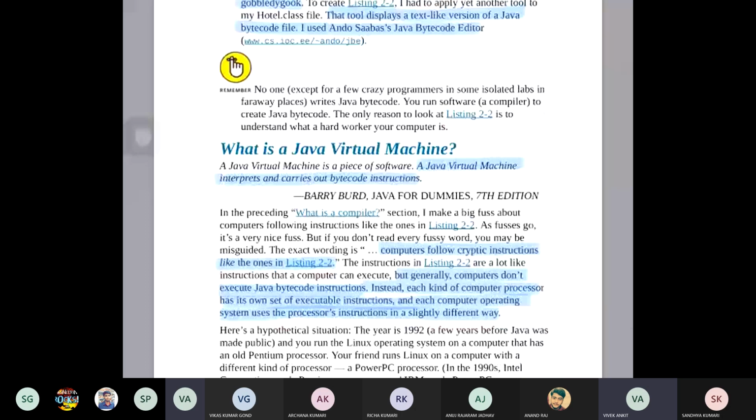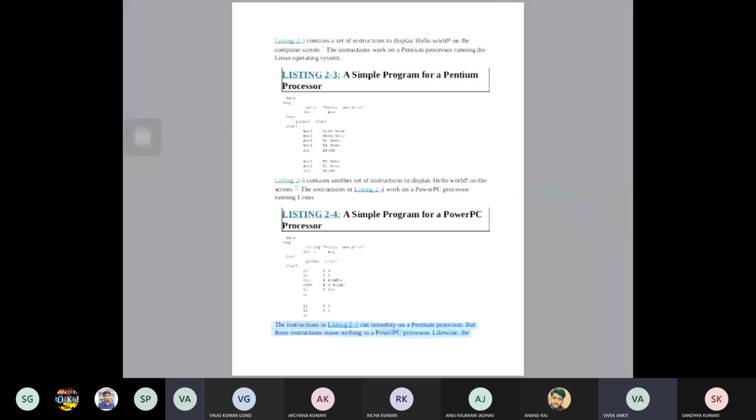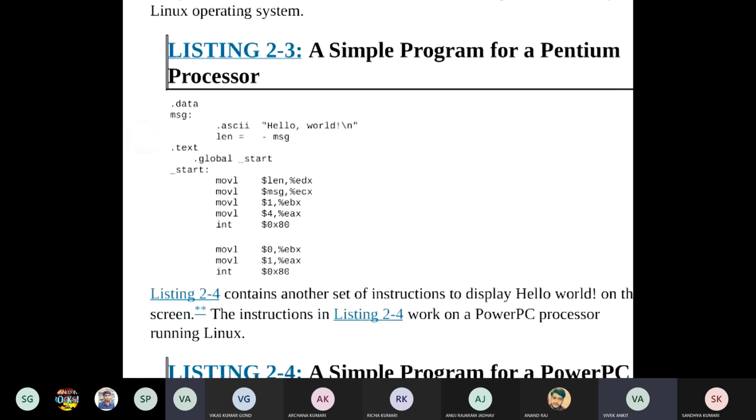Okay, so as I told, every system has a different processor and different types of processes. How it will assess the instruction and how it will process it will depend on the system. For example, this is an Intel Pentium processor, and this is how it converts the .byte file into assembly code for the processor to perform its task.